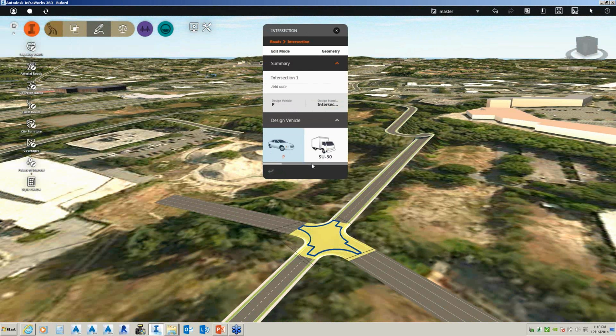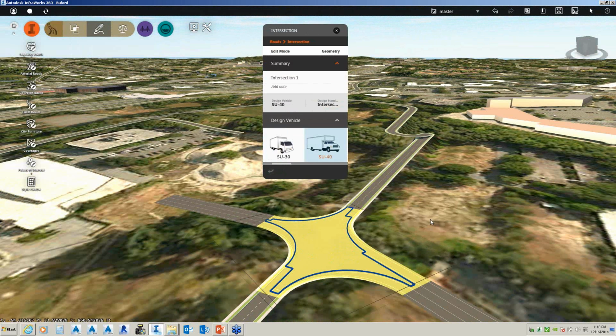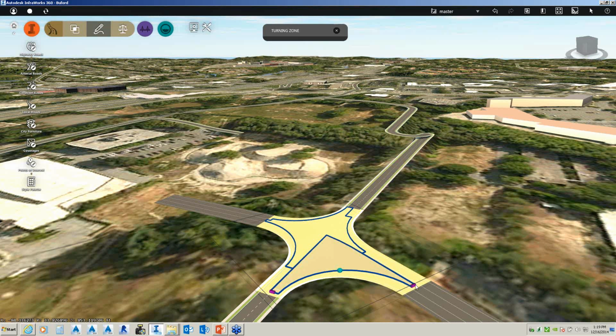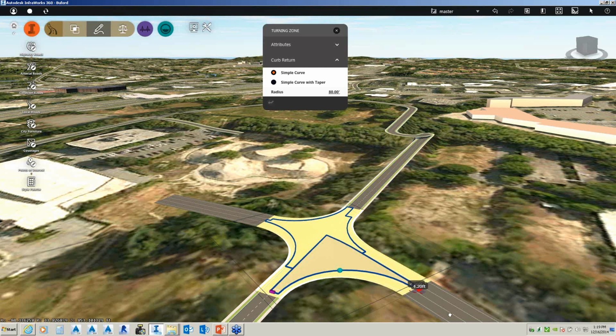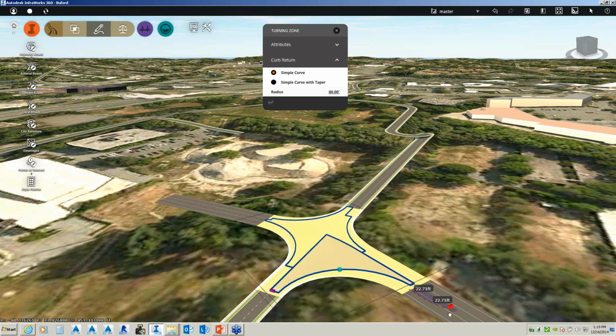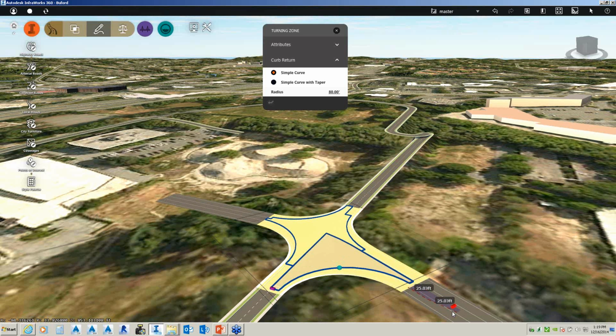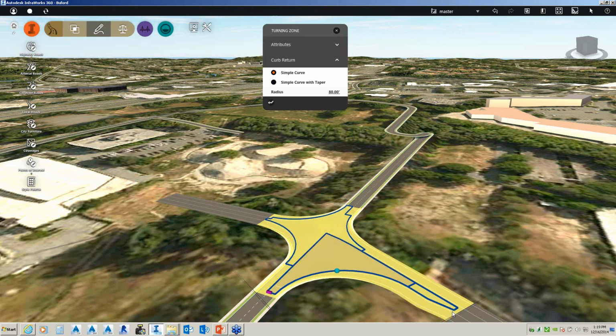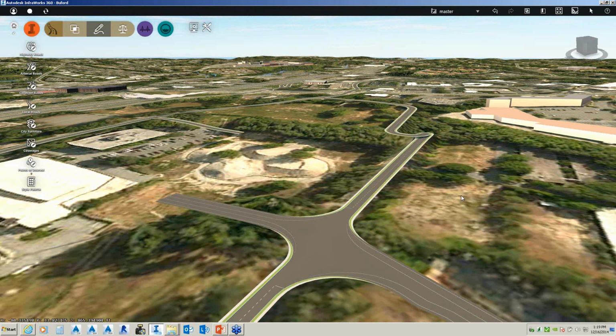Let's change that to an SU-40 truck. So now you can clearly see how dynamically updating, and if I wanted to, I can widen and change my curve radiuses and my curve tapers based upon AASHTO standards. So again, from concept to real world design.